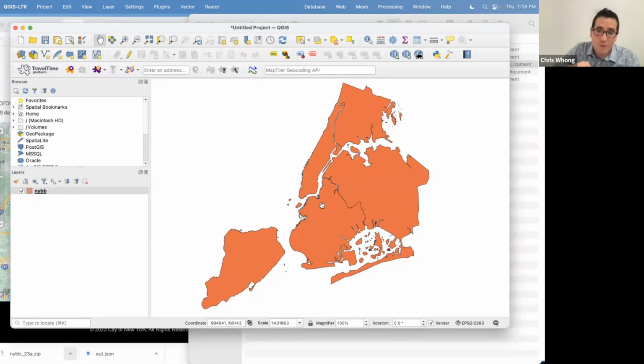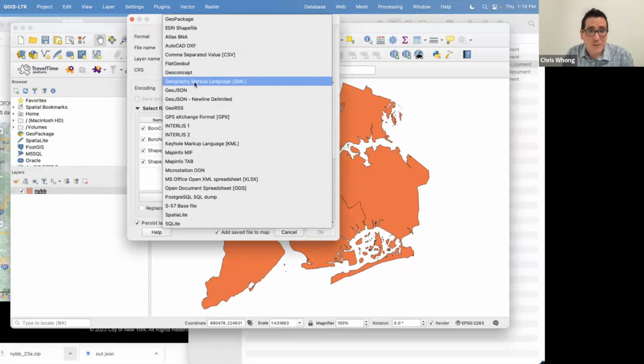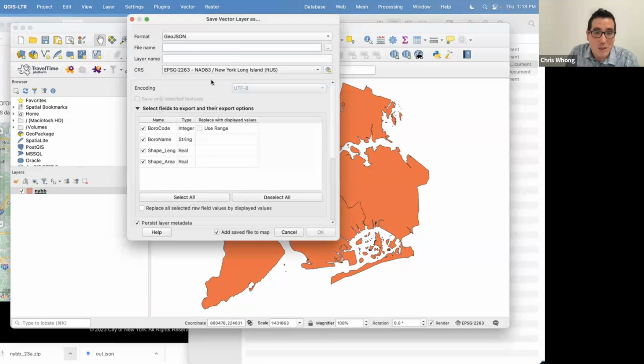But QGIS is wonderful. I mean, there's also lots of different ways to do this with command line tools, or, you know, transform it in a database if you're in a spatial database. But if you just have files, QGIS is a wonderful way to just open up a file real quick and then do a transformation. So all I have to do is say export. I can choose GeoJSON from the list and it will be immediately usable in most Mapbox things or anything else that uses GeoJSON. There's also lots of other things to translate into if you want, of course.